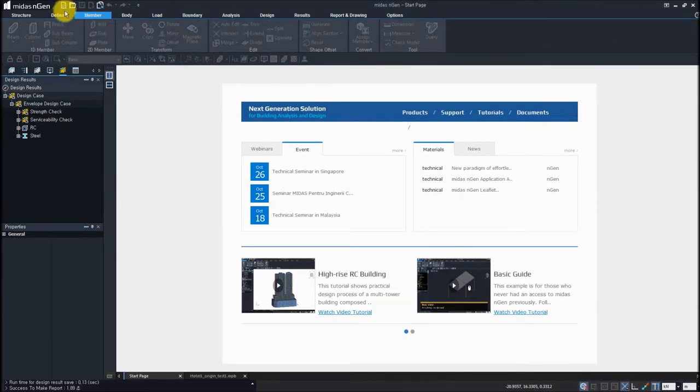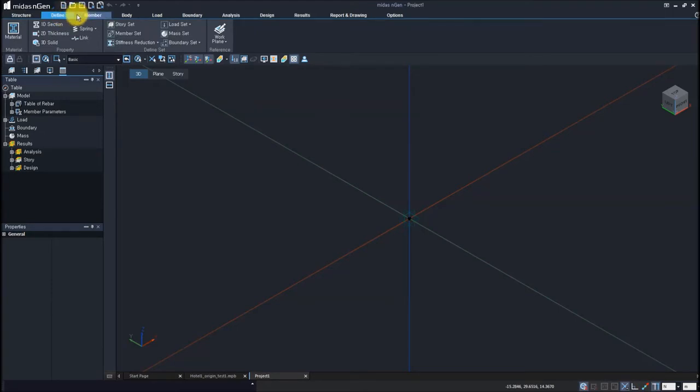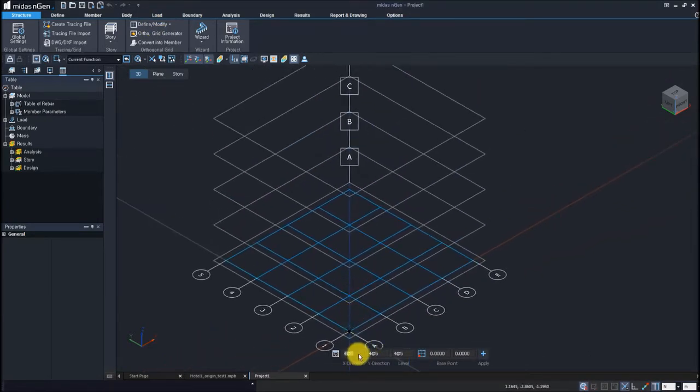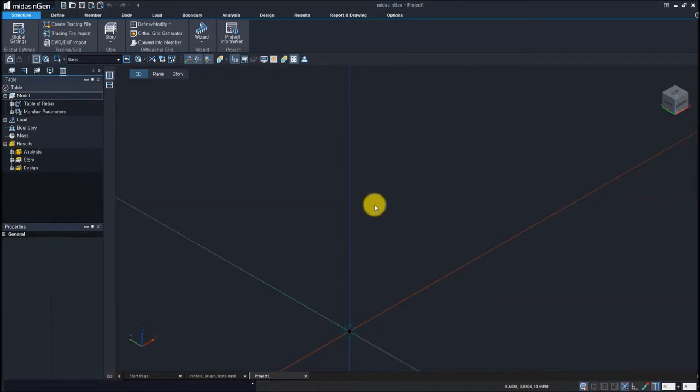First I will create a new file. In Midas nGen, there are several ways we can start the modeling. Usually for RC structures, in some other software we need to create the grid system. If I go to structures, we can also generate our grid system. We can define X and Y spacing, or even define Z levels. So this is a 3D grid system, which you can use in your model. And the advantage of this grid system is, for example,